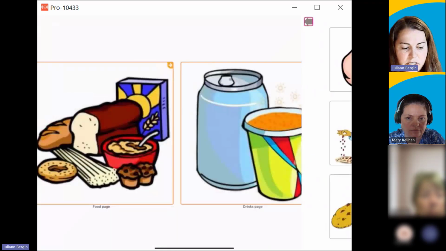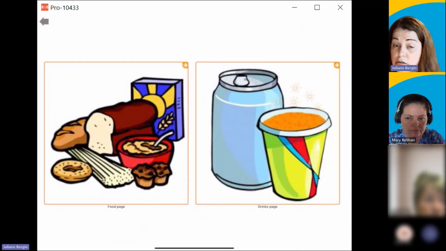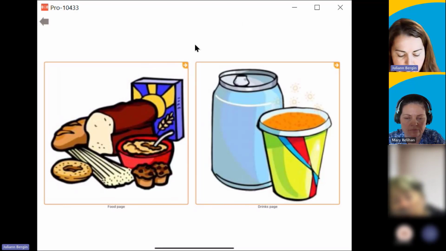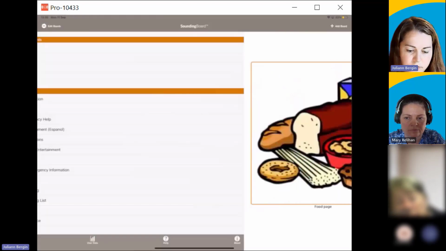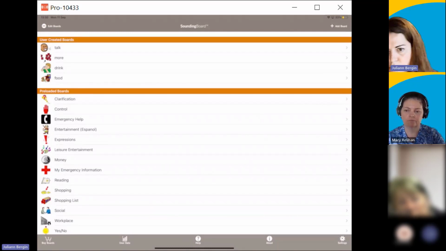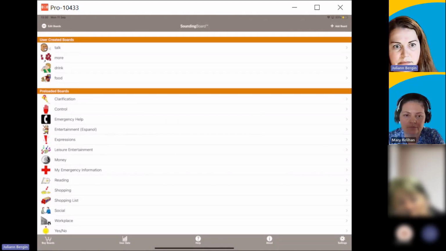I can use the arrow at the top to go back, or I could create another button linking back to this page if somebody finds the little icon in the top of the screen a little bit finicky to get at. So you'll know that these are linked pages because you have the little orange arrow in the top right of the screen. Okay, so very easy to set up, very easy, as I say, use the camera, use downloaded images,